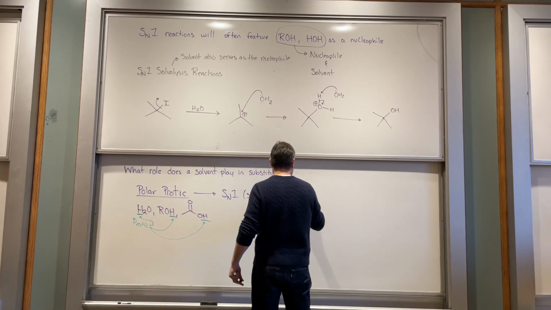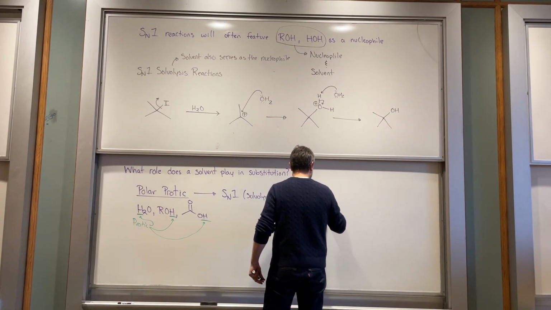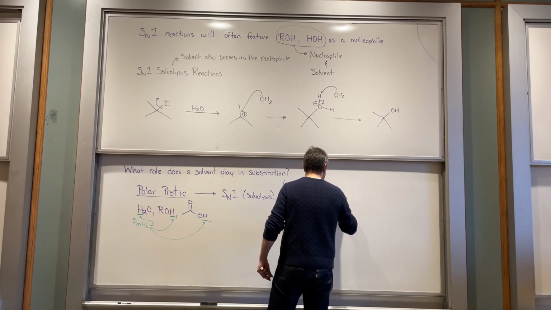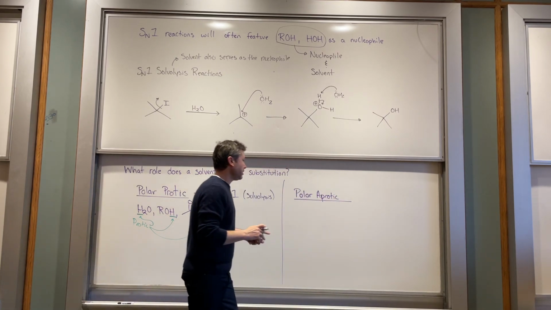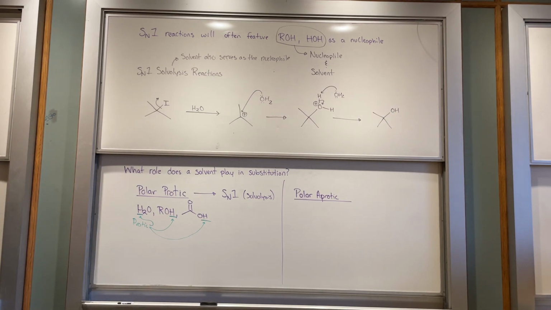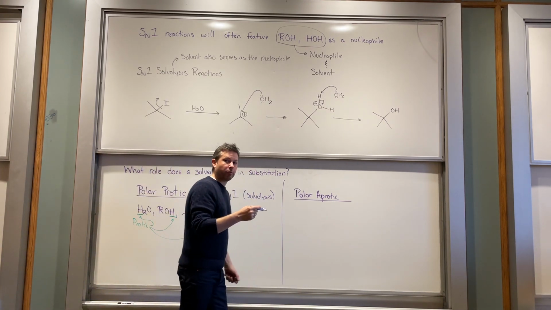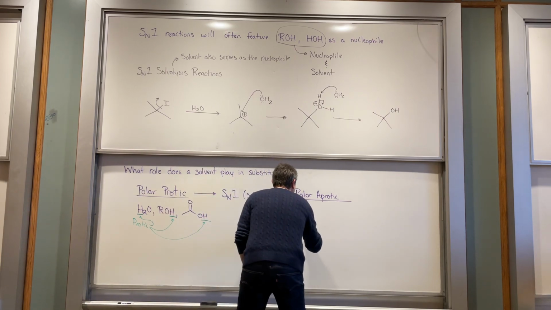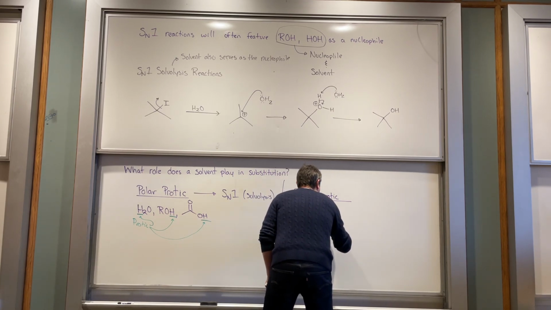In contrast, we also have polar aprotic solvents. And these are likewise going to be polar molecules, but they're not going to have acidic protons that can donate or participate in these reactions. So the common polar aprotic solvents that you would see for substitution are solvents like acetone, dimethylformamide,